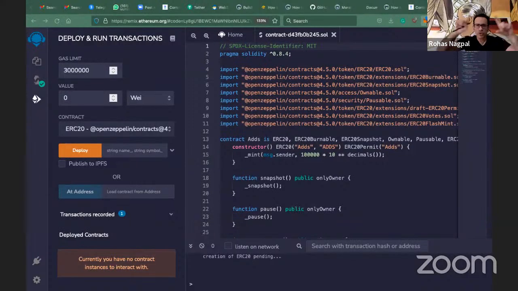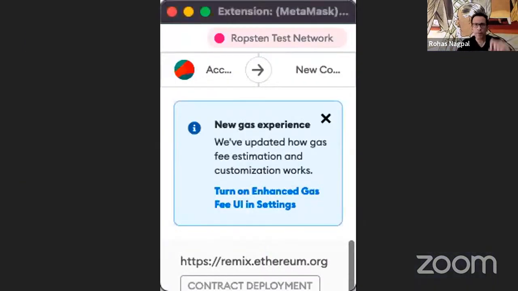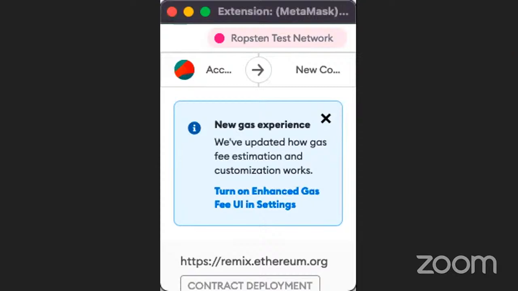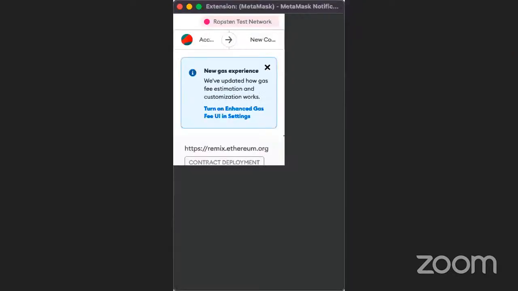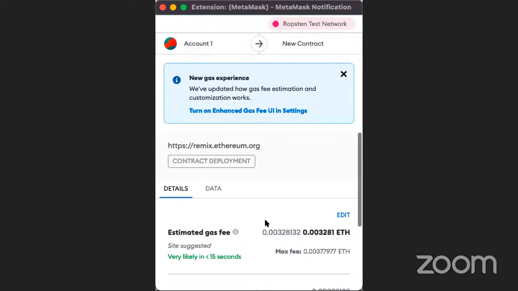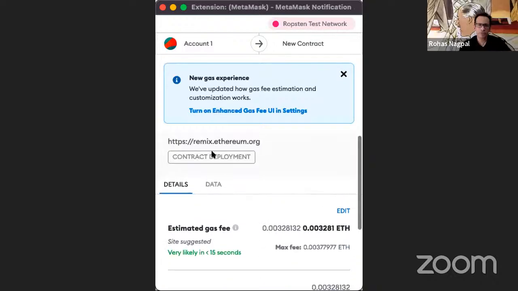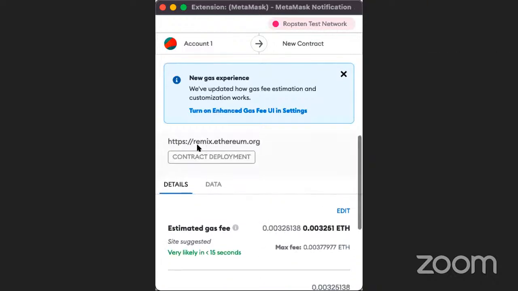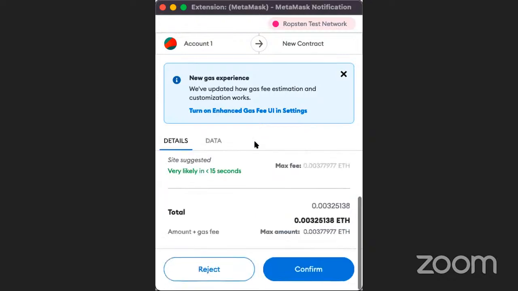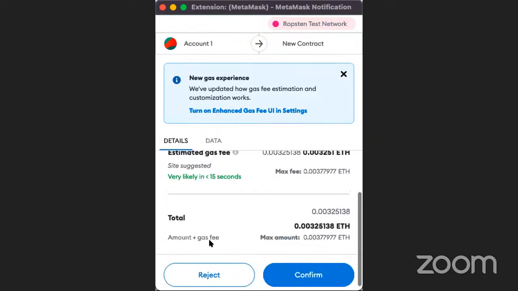So Shinam is just going to be sharing our entire screen, because the pop-up that would have come wouldn't show up. Can you see it right now? Yeah, we can see it right now. Yes. Can you see it is asking for a fee? Right. It's called contract deployment asked by Remix. And these are the details of the fee that it's asking, amount plus gas fee. When you click on confirm,